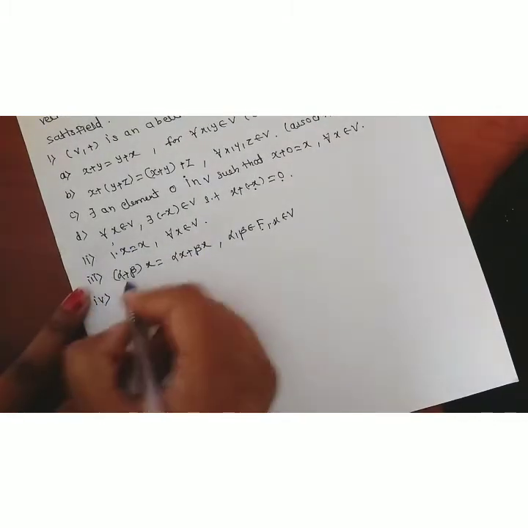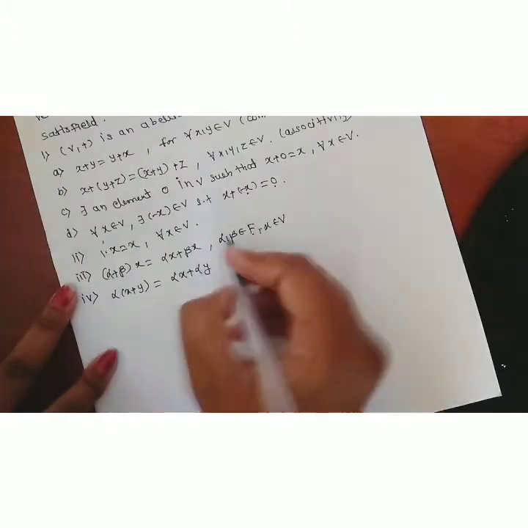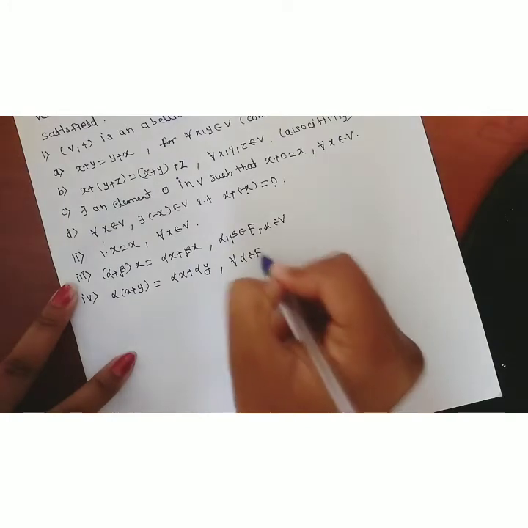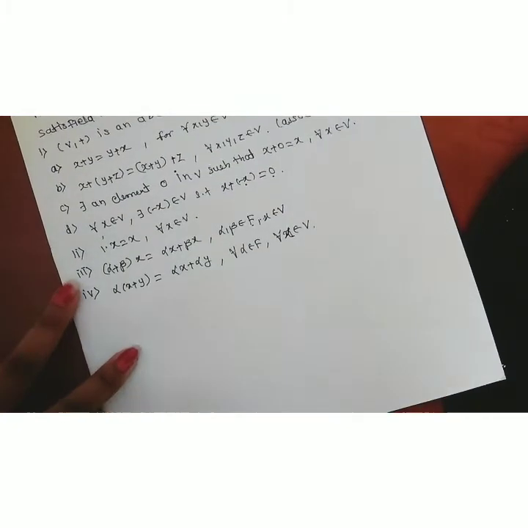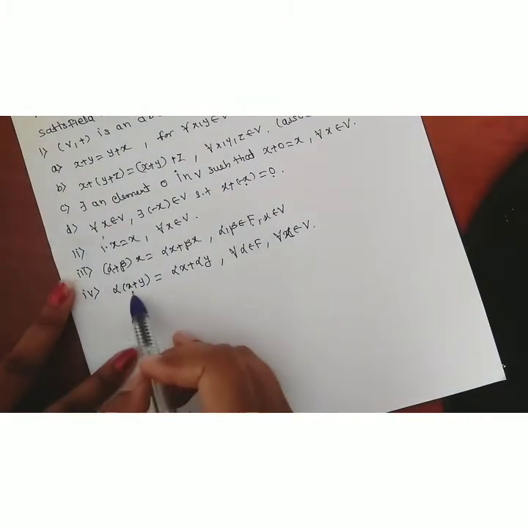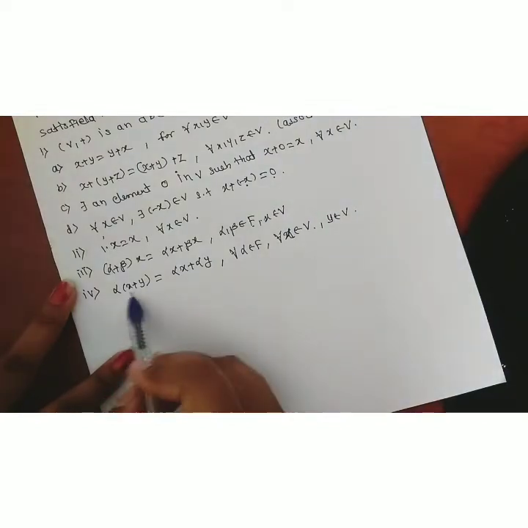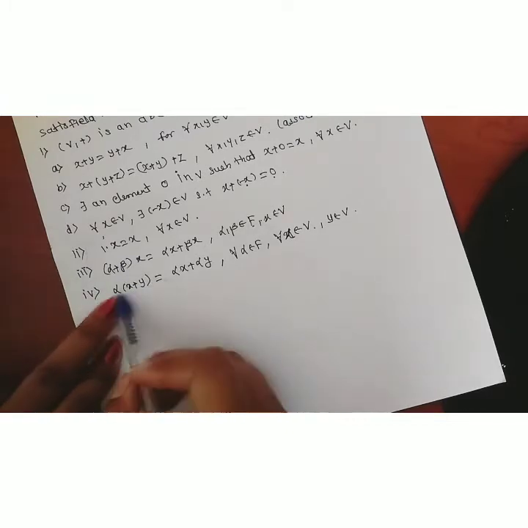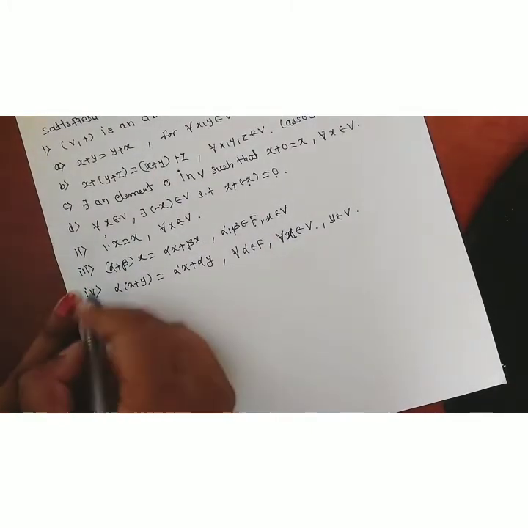Then the fourth property is alpha into x plus y is equal to alpha x plus alpha y, for all alpha belongs to field F and for all x, y belongs to vector space V. For any two elements x, y belongs to vector space V, if we multiply alpha to the addition of these elements, alpha into x plus y, then the alpha should be distributed over those elements, equal to alpha x plus alpha y. And the last property is